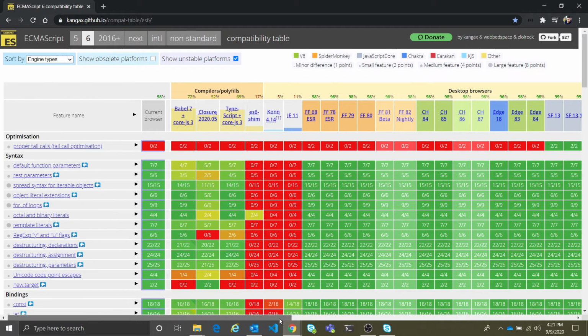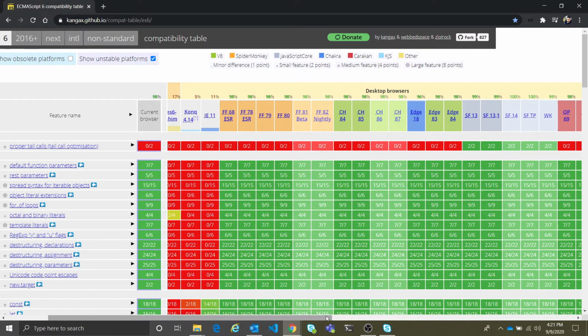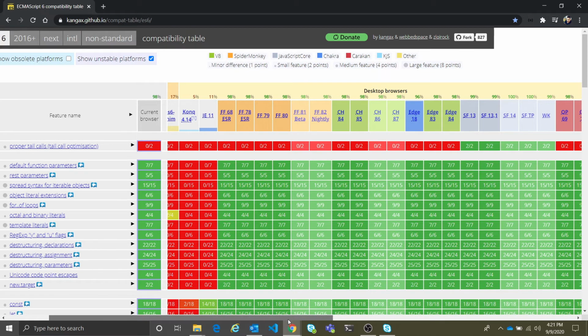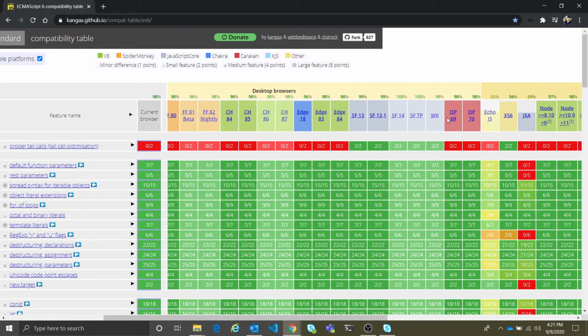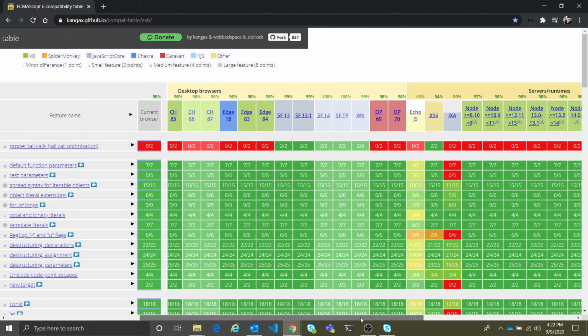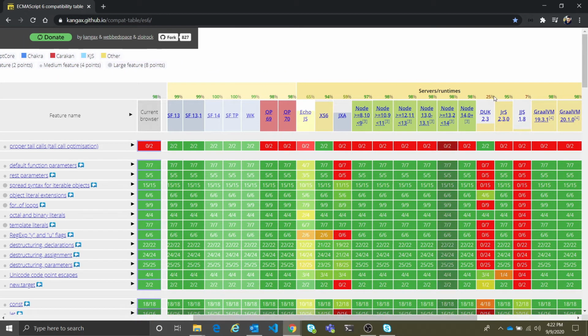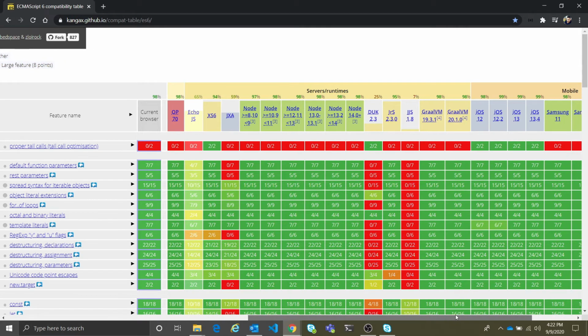If we scroll horizontally, we can see the desktop browsers that are supported right now. There are Edge, Chrome versions, Safari, and Opera. You can also check what servers are available, mostly the Node versions, but there are many others.